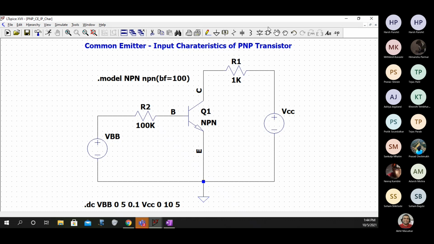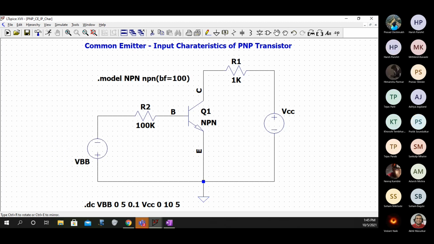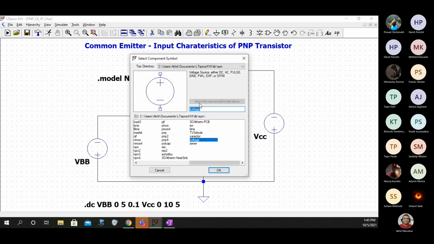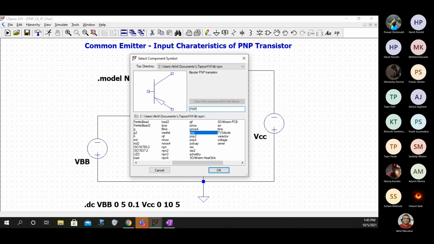Okay. And now what I should do is reverse the supply voltage. That's it. And instead of this transistor, now we will have a PNP transistor.